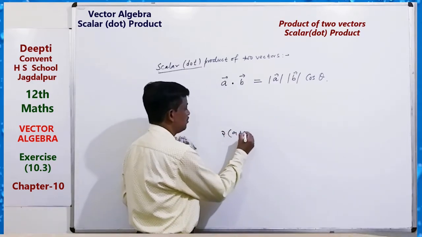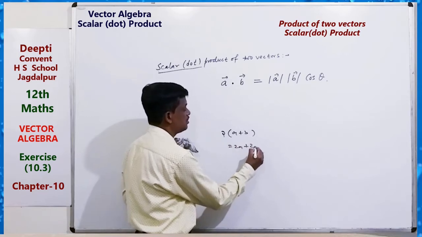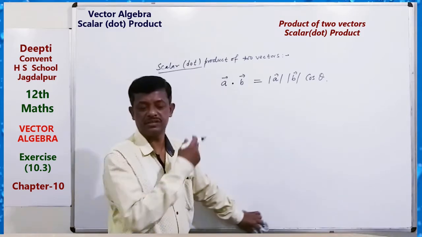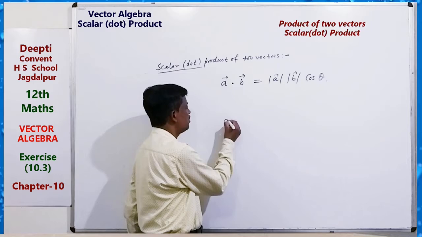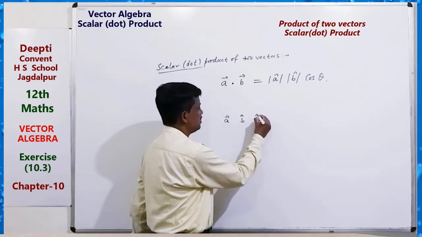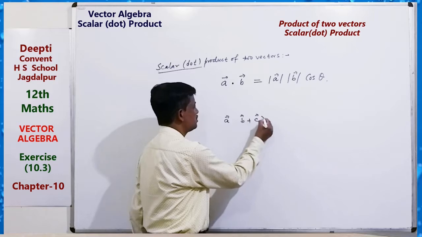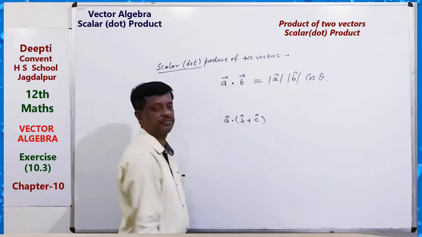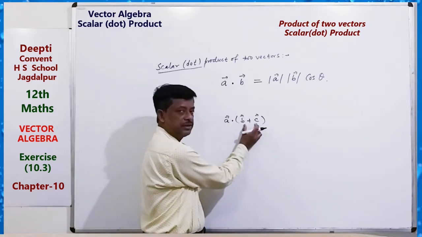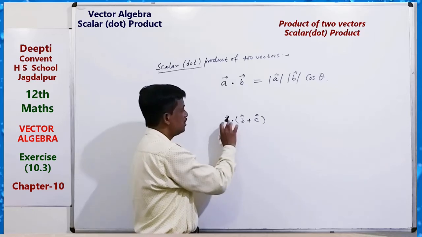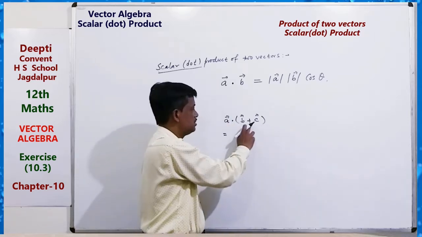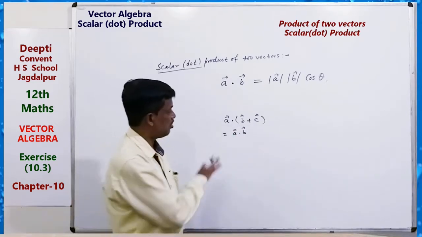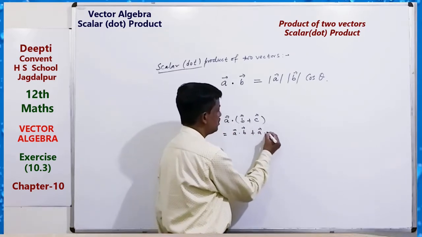2, we write 2a plus 2b, 2 is distributed to a and b. Similarly here the dot product is also distributed. This simple multiplication is distributed. Here suppose we have 3 vectors a, b, c, and these 2 vectors are summed, and here is dot, and this is a vector and this is another vector. So this dot product can be written, a dot is distributive over addition. So here remember the order: a dot b plus a dot c.